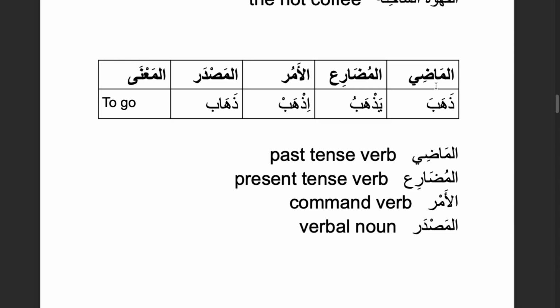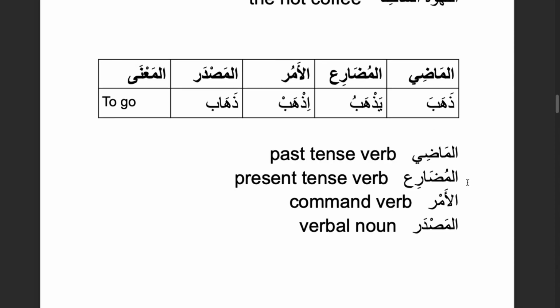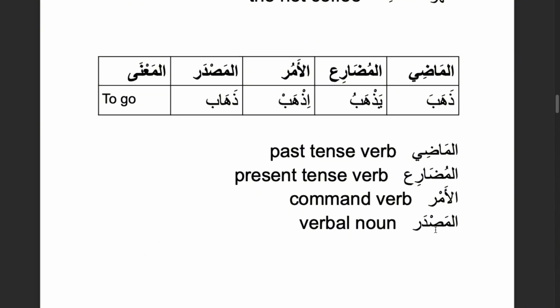So al-madi is the past tense verb. Al-mudari' is the present tense verb. Al-amr is the command form. I think in English grammar you call it the imperative, but the command form is to tell someone to do this verb. And then al-masdar is what I think they call the verbal noun. It's technically not a verb, it's actually a noun, but it carries the meaning of the verb, which we'll see,